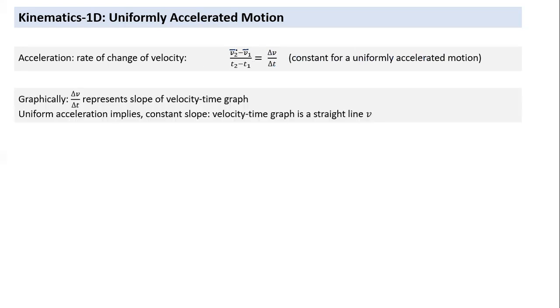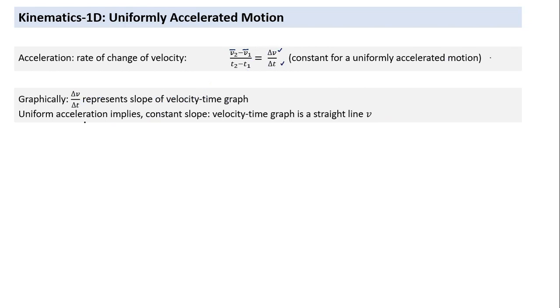And graphically, what does this indicate? We have seen this quantity. Which graph will it represent a slope of? Which two quantities should I have a graph between? What should I have on the y-axis if I plot a graph? This quantity is similar to delta y by delta x. So what kind of graph must I have? This is the slope of the velocity time graph. So graphically, delta v by delta t represents the slope of the velocity time graph.